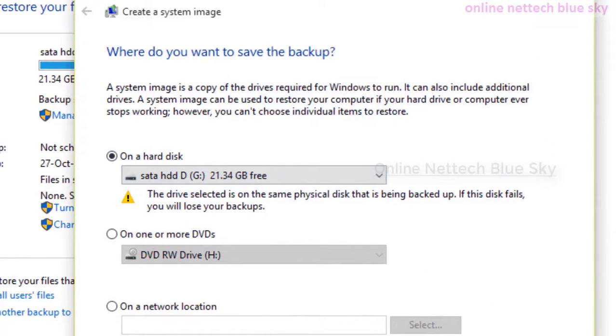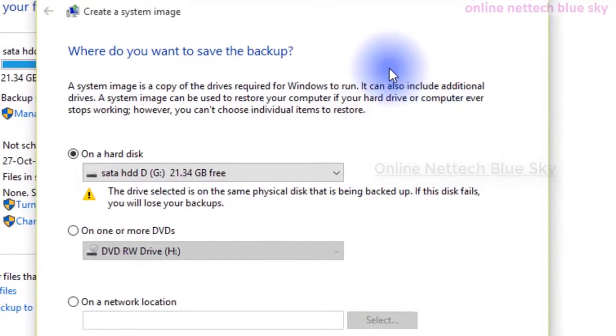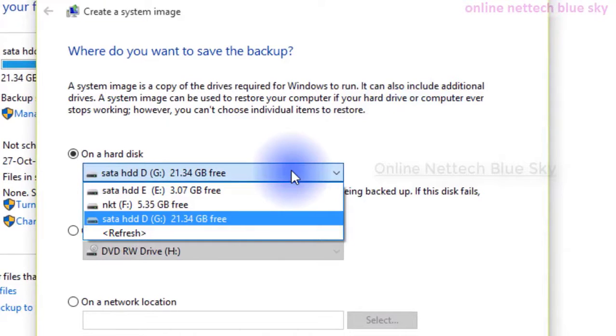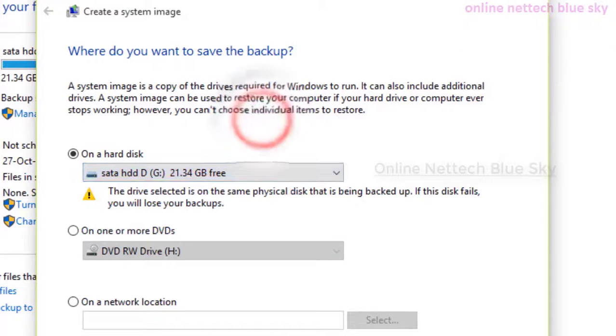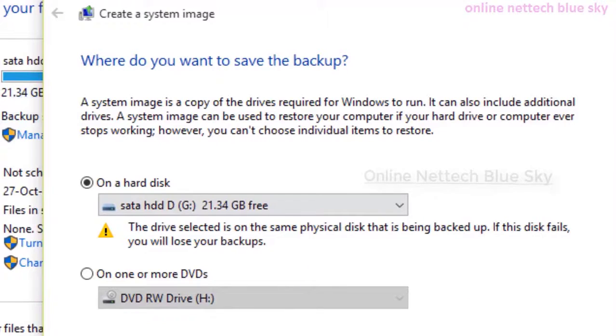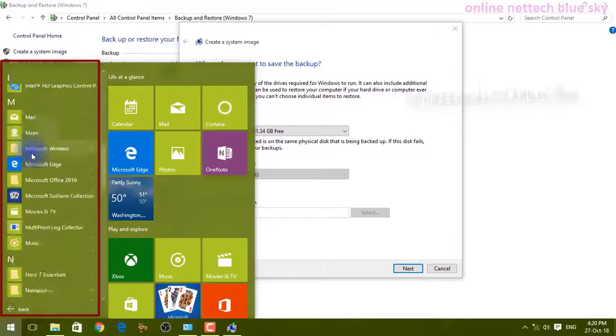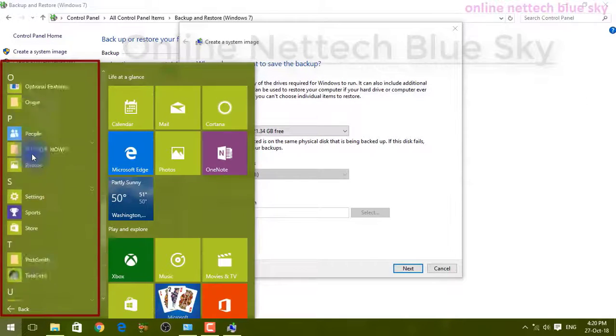So you start your computer again, and you don't need to install your software again. Sometimes a technician takes more money to set up your computer again. So how can we use this? Because this is a backup, all of our data is restored automatically.